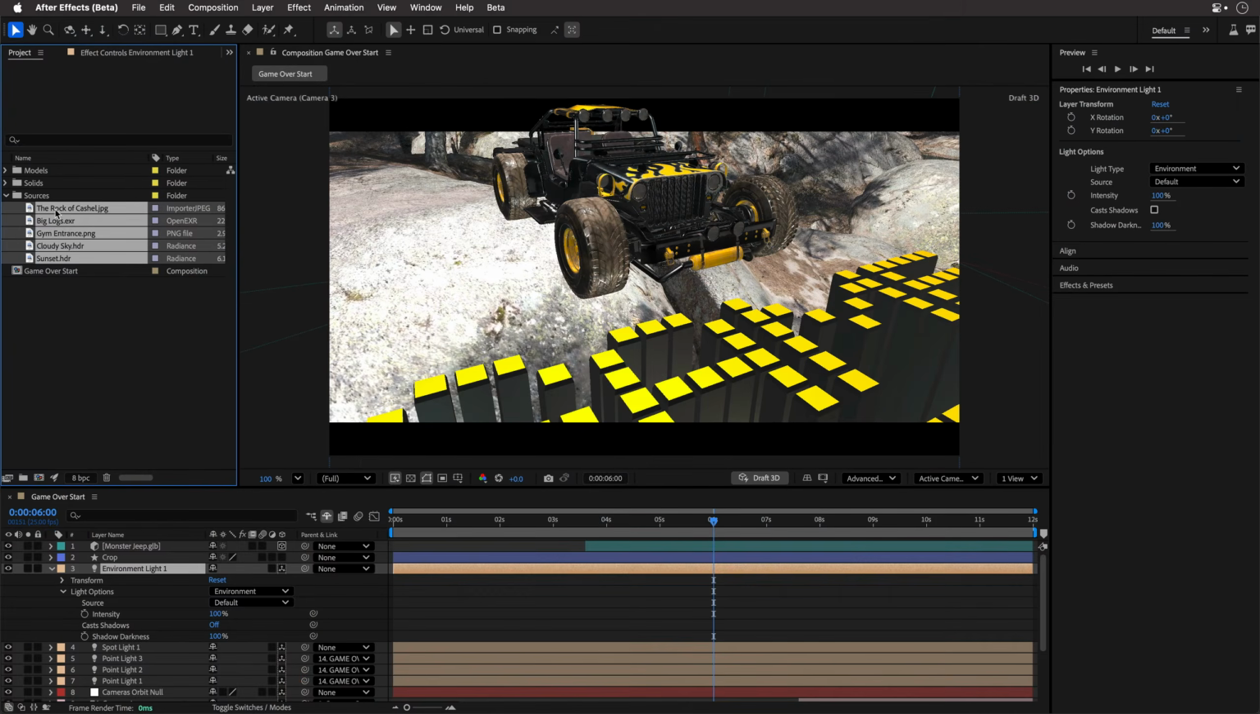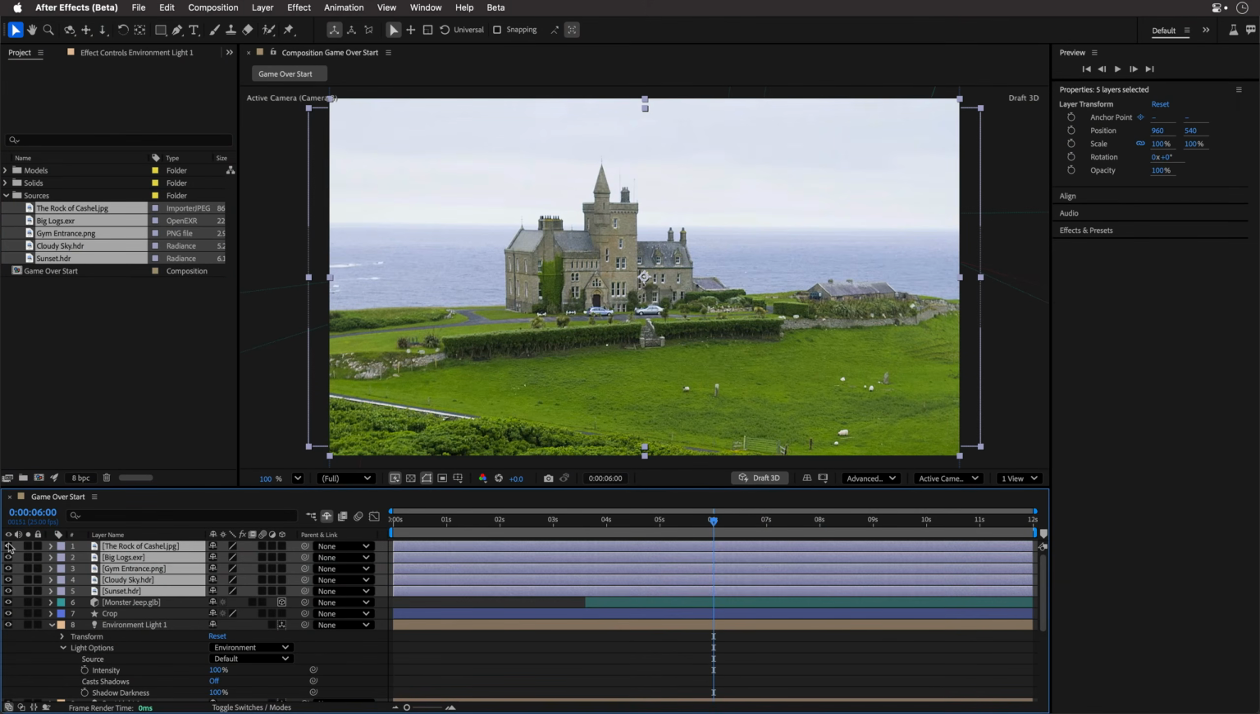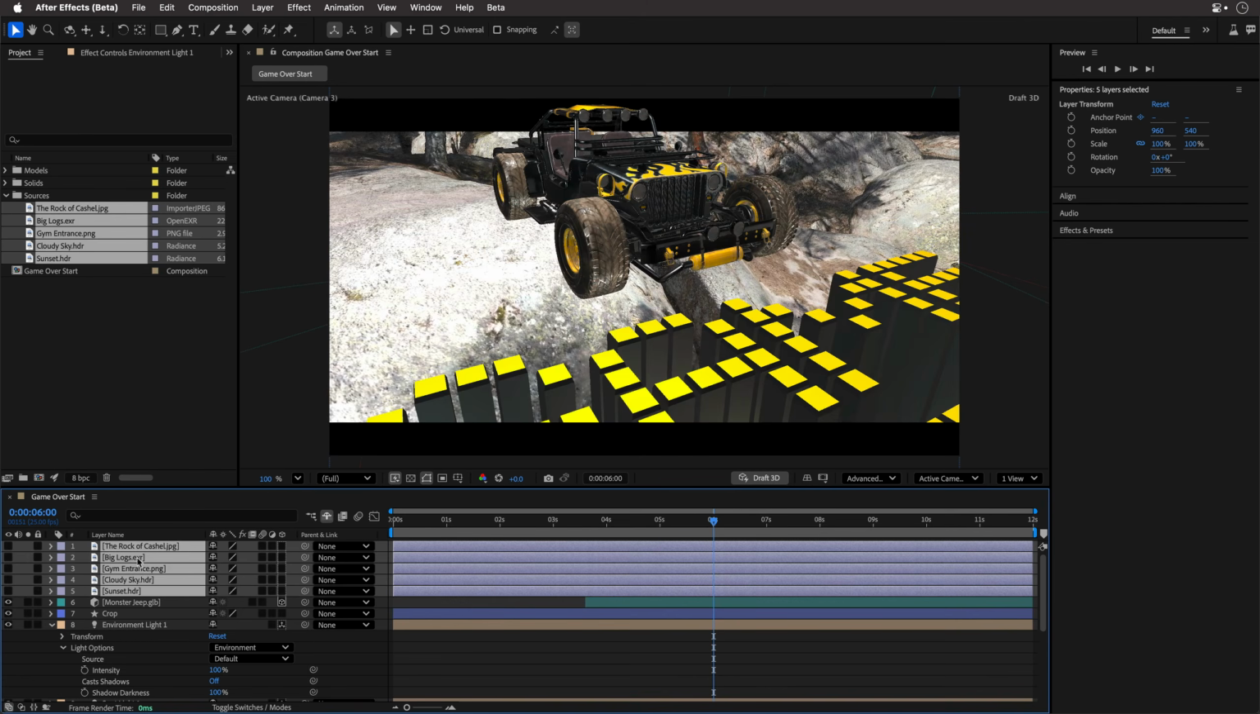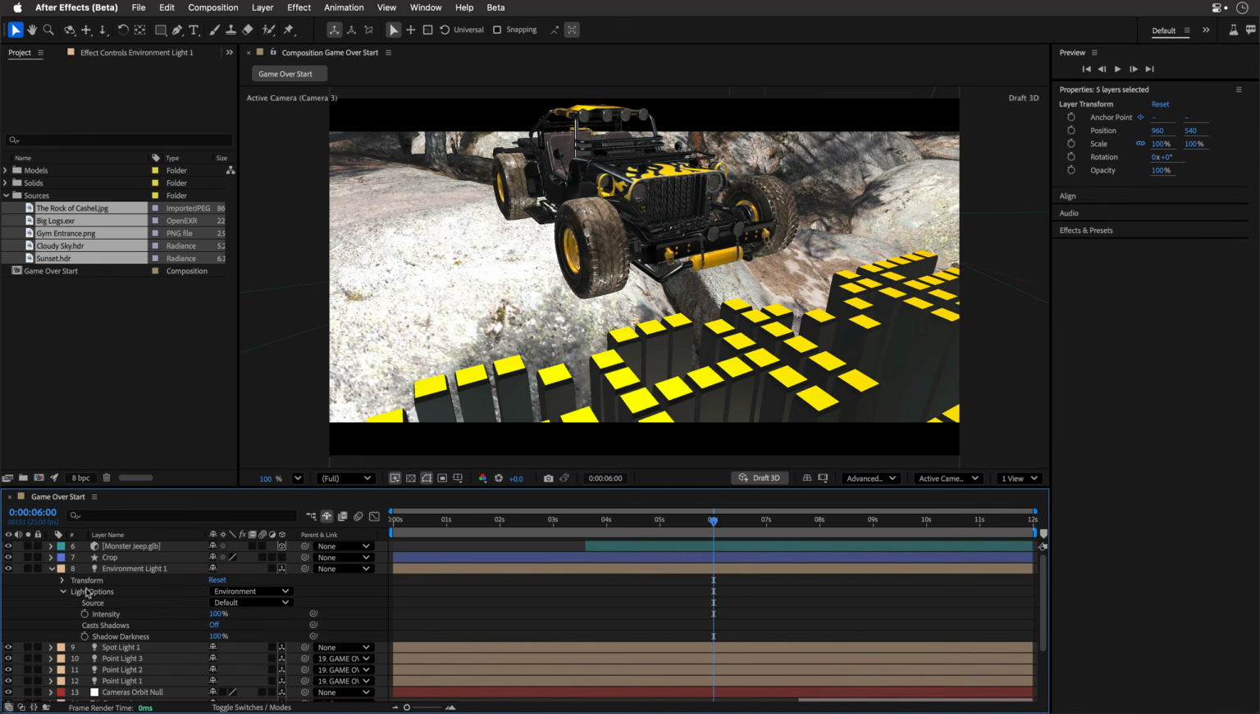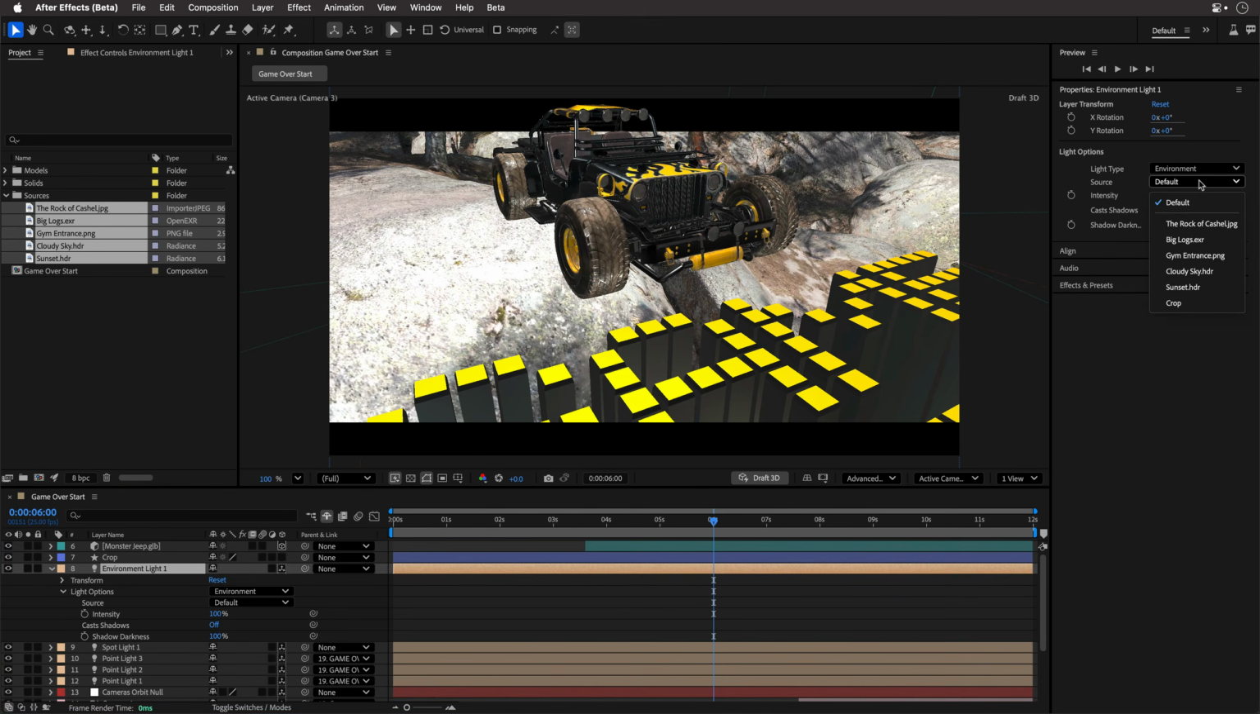So I'll select all of those layers and I'll drop them above everything in the timeline and I'll switch off the visibility. I'm just going to reference those layers, which means that I can also turn on the shy icon for them because I don't need to actually see them when I'm working. I'll now reselect the environment light, and in the properties panel, I can use the pop-up menu for the source